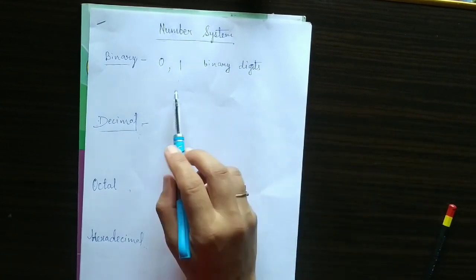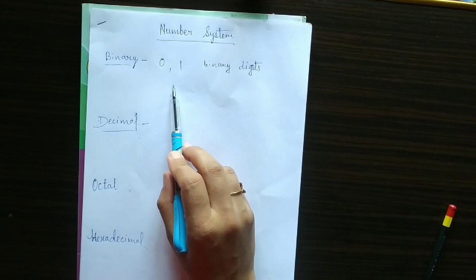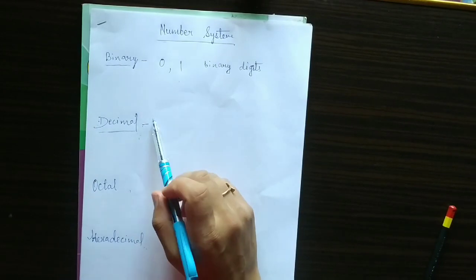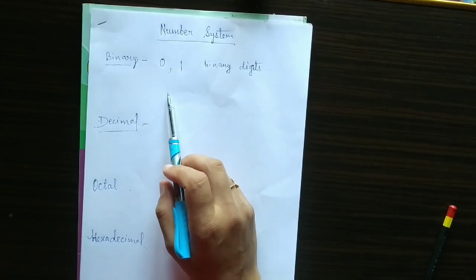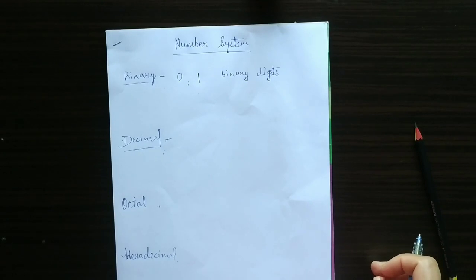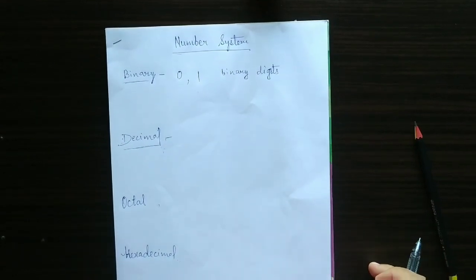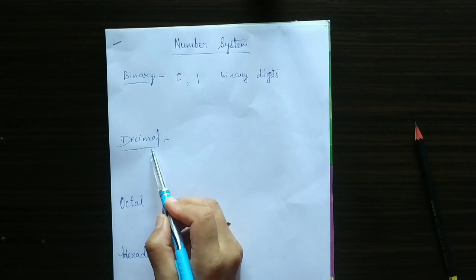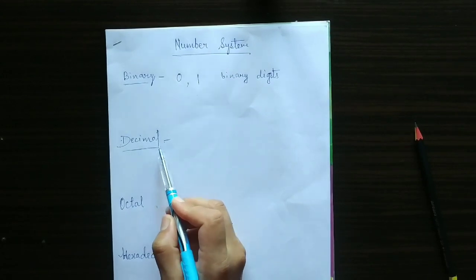It is very easy for a computer to process the data or the code written in binary language or in machine language. But it is very difficult for us to do calculations in binary number system because it is very long and tiresome. So we use decimal number system for calculations.